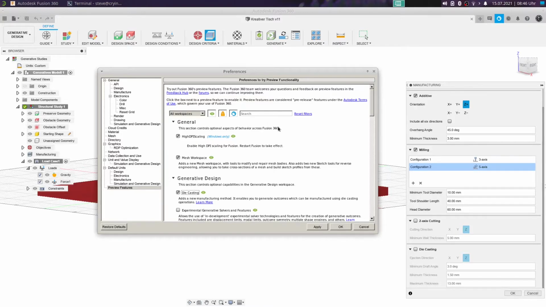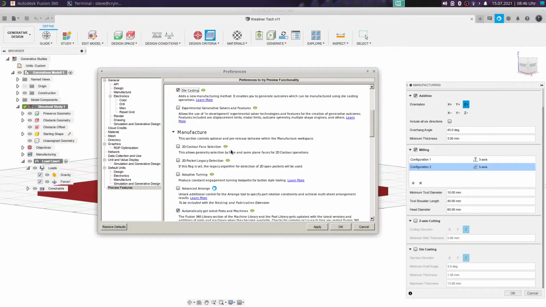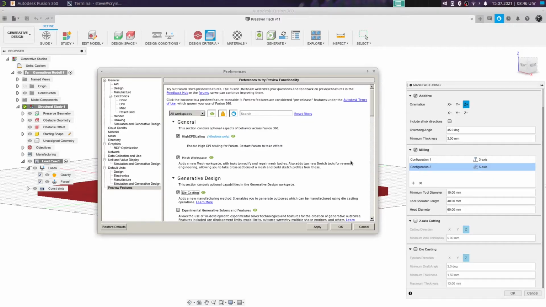But Autodesk Fusion 360 doesn't activate all these functions, and so I think it's good to know where you can activate or configure these functions in Autodesk Fusion 360. Okay, so then I deactivate this process and click on cancel